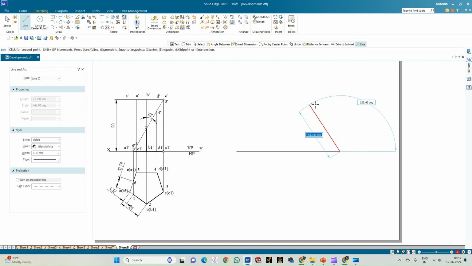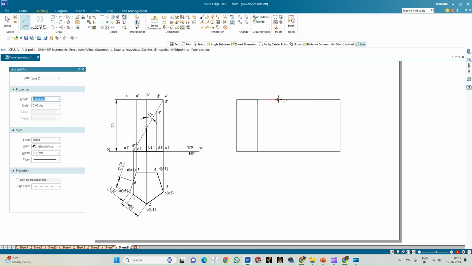So the rectangle shall measure 20 cross 50. 20, next again 20, 20. So we have done the 5 equal divisions of the rectangle, which is representing the cut section of the pentagonal